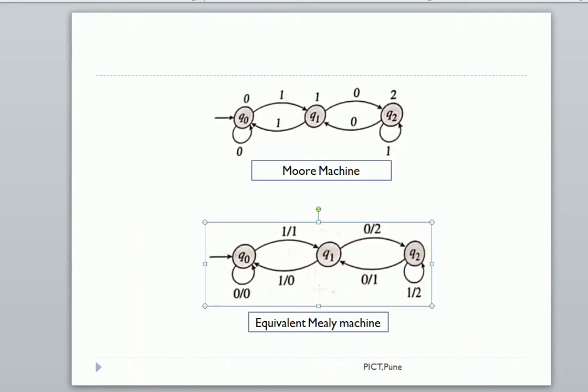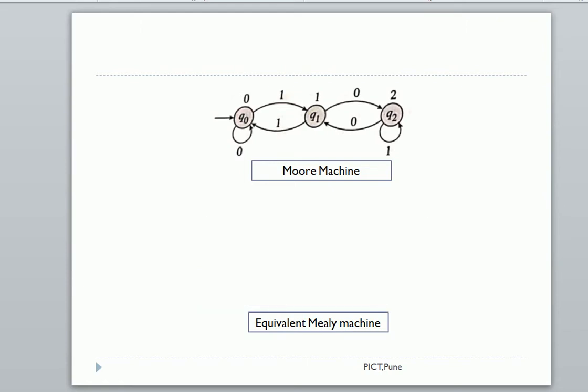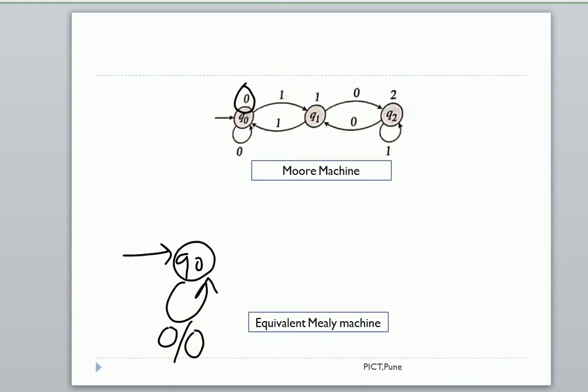So now instead of this overwriting, I can, for the time being, press Control X and cut it for your understanding. Say start from the Q0. I can draw here Q0. Okay, on 0 it goes to Q0 itself. Okay, and output associated is 0, so I will write on the transition. Now Q1 on 1 goes to Q1, so on 1 it goes to Q1. Output associated is 1, so instead of writing with the state, we are writing on the transition.